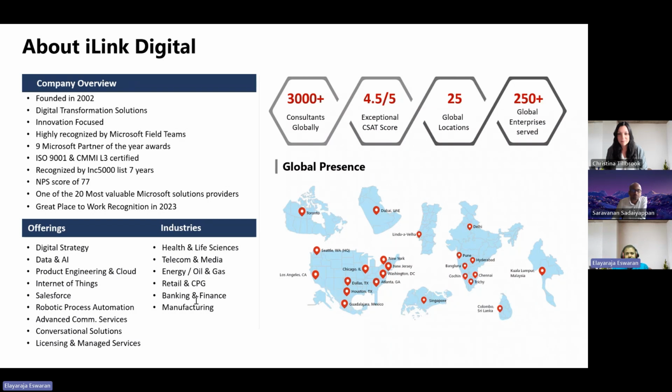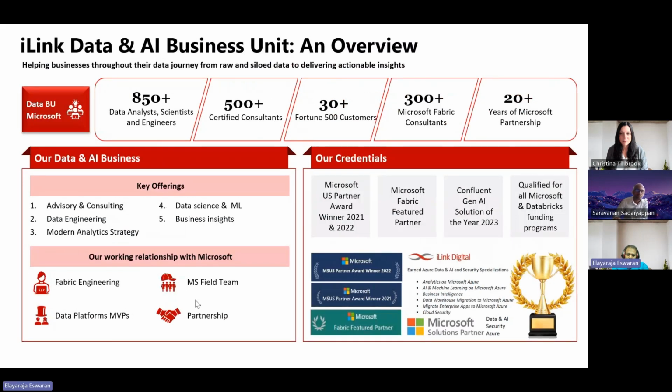And we start delivering value at scale for over 250 customers, and we are spread across 25 countries across the globe. Our offerings include digital strategy, data and AI, product engineering and cloud, IoT, RPA, conversational solutions, licensing and managed services. If you look at our data business unit, this is our largest business unit in iLink, and